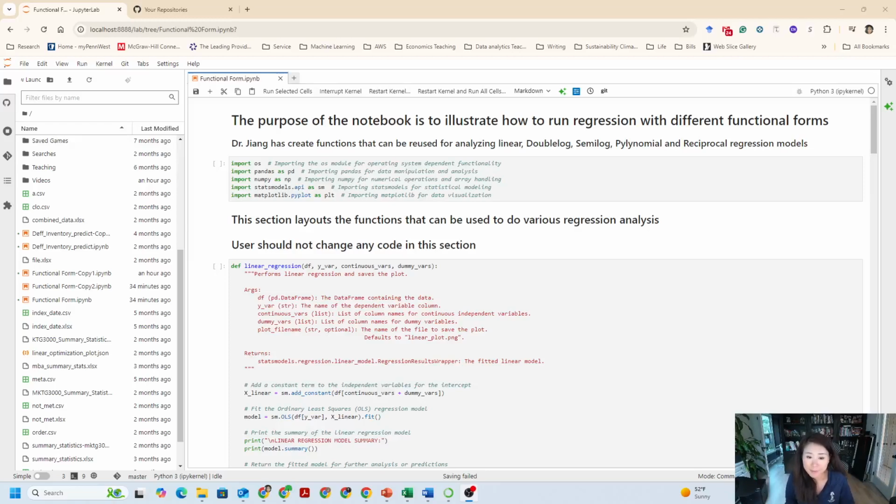Hello everyone, in this video I want to demonstrate how you can use the functional form template to help you work on any data project that needs to figure out what the best functional form is. Before you watch this video, you should already have watched the other one